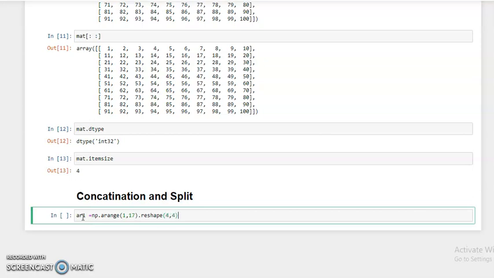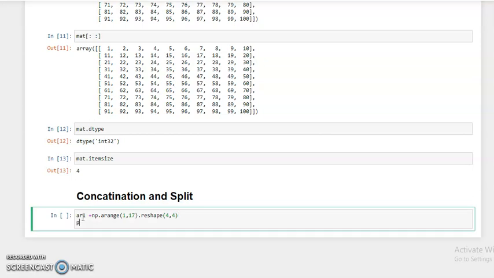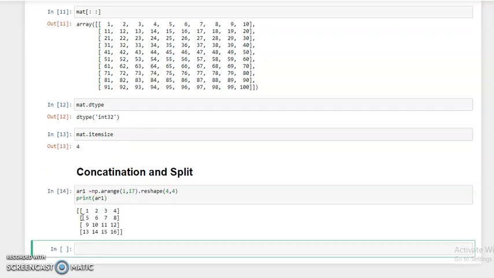Now print ar1, and then run. You can see here 4 rows and 4 columns, and the entries are from 1 to 16.